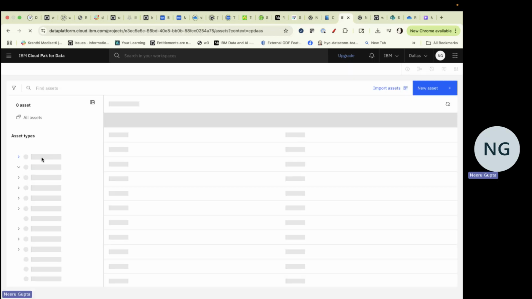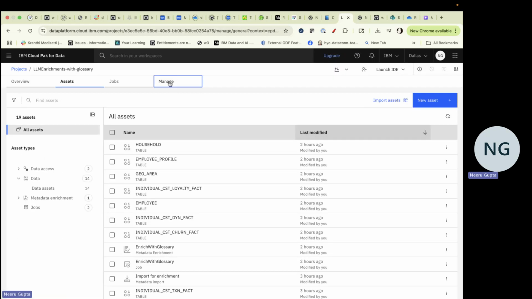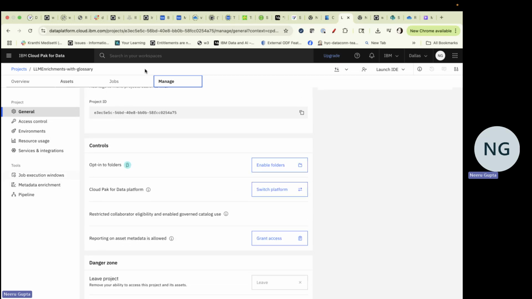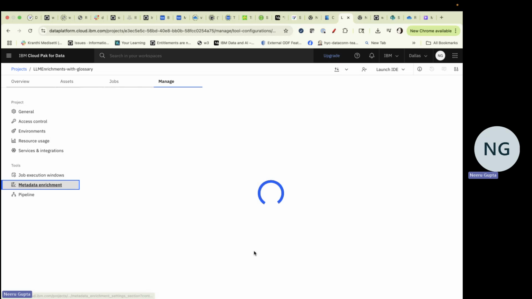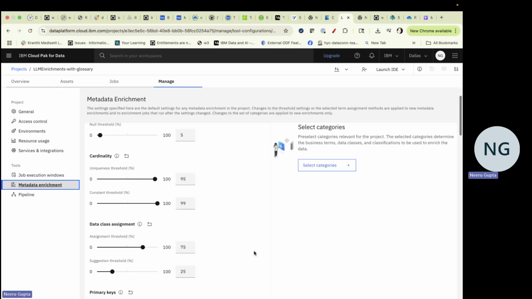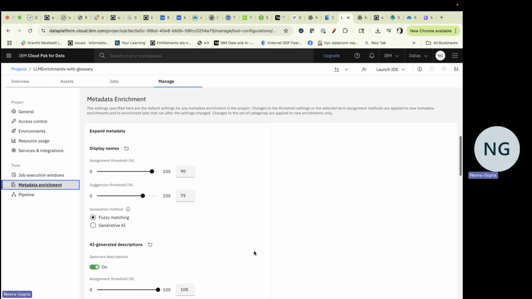Project. So if I open this project, I want to show you some of the details in this project, right? So let's go in this and open our settings for metadata enrichment. And here, let's scroll down, we have options like expand metadata, where we had these